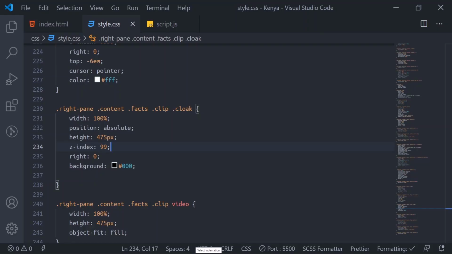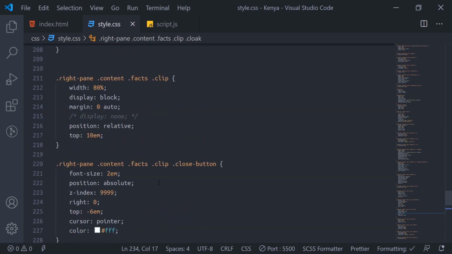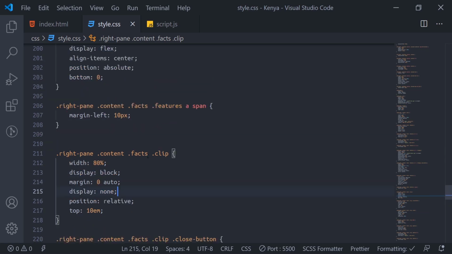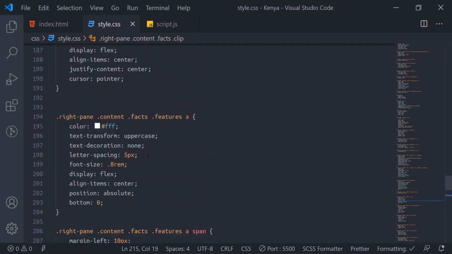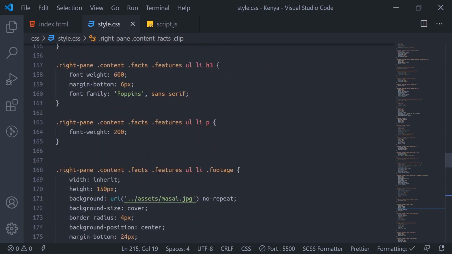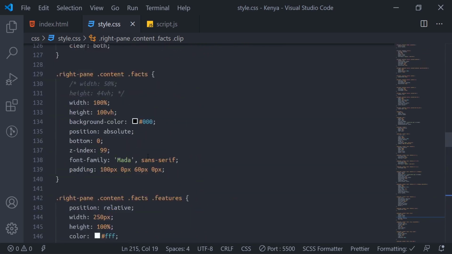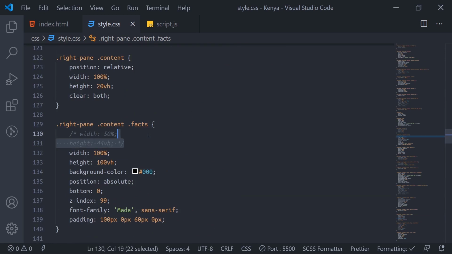So to take this back to normal, first thing first, where the clip is, this clip, we'll set it back to display none. Then we go check for facts. We'll set the original one, which is this.